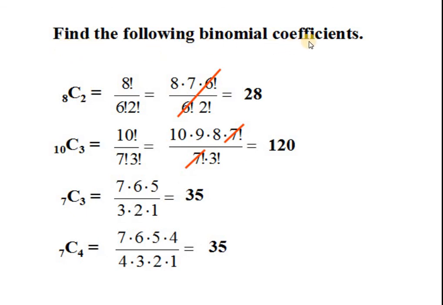Find the following binomial coefficient. इसी बाइनॉमियल कोएफिशिएंट की वैल्यू हम फार्मूले की मदद से मालूम कर सकते हैं और ये जो फार्मूला था वो हमने पढ़ा। 8c2: ये 8 फैक्टोरियल हो गया और 8 से 2 माइनस करें तो 6 फैक्टोरियल हो गया और ये 2 फैक्टोरियल। अब 8 फैक्टोरियल को हम लिखेंगे 8 ज़रबे 7 ज़रबे 6 फैक्टोरियल। 6 फैक्टोरियल इस वजह से स्टार्ट किया कि नीचे भी 6 फैक्टोरियल है, दोनों हम कैंसिल करेंगे तो 8 और 7 आएगा और नीचे 2 फैक्टोरियल आएगा। यहाँ 8 है यहाँ 2 है तो 8 को हम इसी 2 की वजह से एज अ 2 फैक्टर लिखेंगे और ये 2 नीचे 2 फैक्टोरियल होगा और कैलकुलेशन से ये हमें सिंप्लीफिकेशन से 28 देगा।